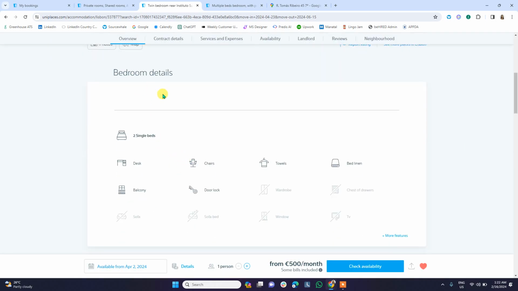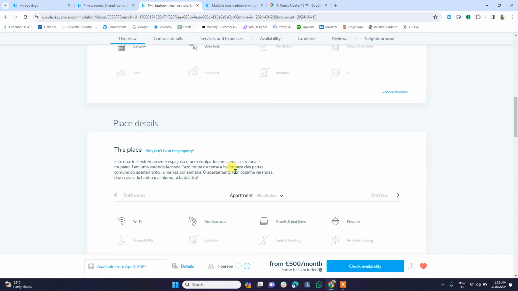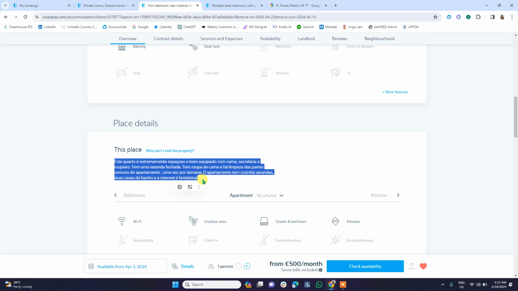And then here, this is the detailed listing of the bedroom. So there are 2 single beds, desk, chairs. Towels and linens are available in some properties. These are not available. There is a balcony and of course a door lock. And then there is a description as well here. You can just